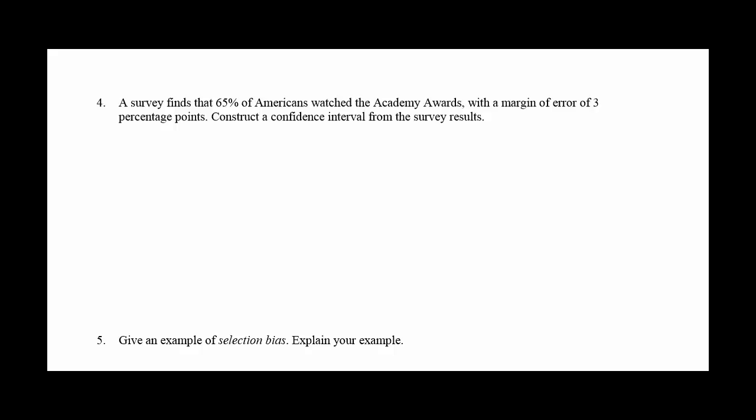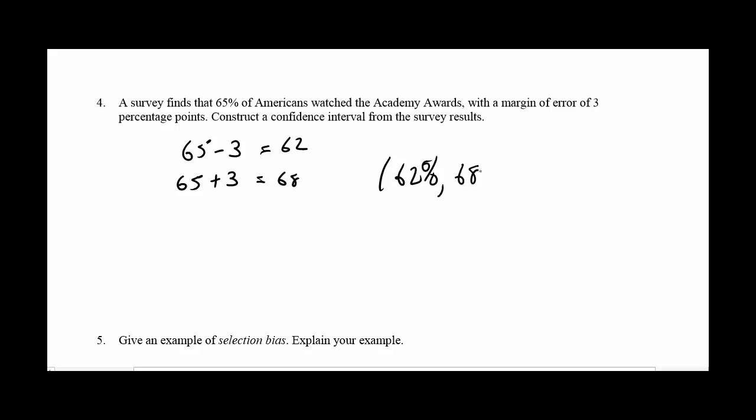we can make a claim that while we don't necessarily think that 65% is the actual number, there's a range from low to high. So the low end is 65 minus the margin of error, and the high end is 65 plus the margin of error. So our actual confidence interval ranges from 62 to 68. So 62% up to 68% is how we notate the confidence level for that.